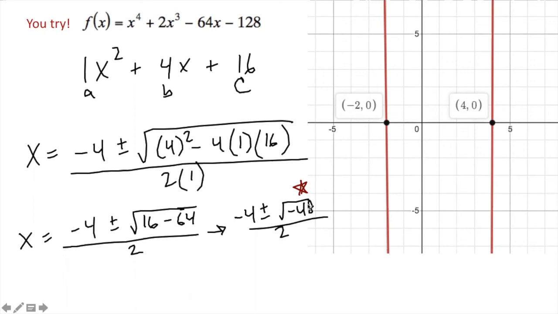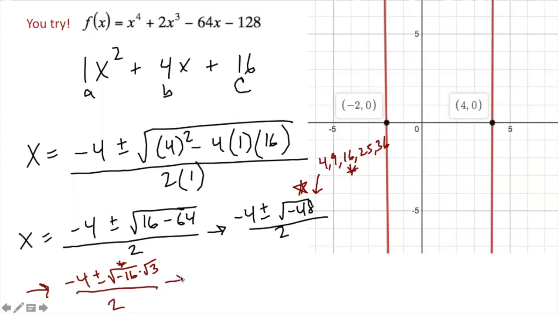If you take the square root of 48, you get a decimal, but does it contain a perfect square? Is it divisible by 4, 9, 16, 25, 36, etc.? It turns out that it is divisible by 16. 16 goes into 48 3 times. So when I do my rewrite over here, I've got -4 plus or minus the square root of 16 times the square root of 3, because this one here is a perfect square, and 16 times 3 gets you back to 48, all over